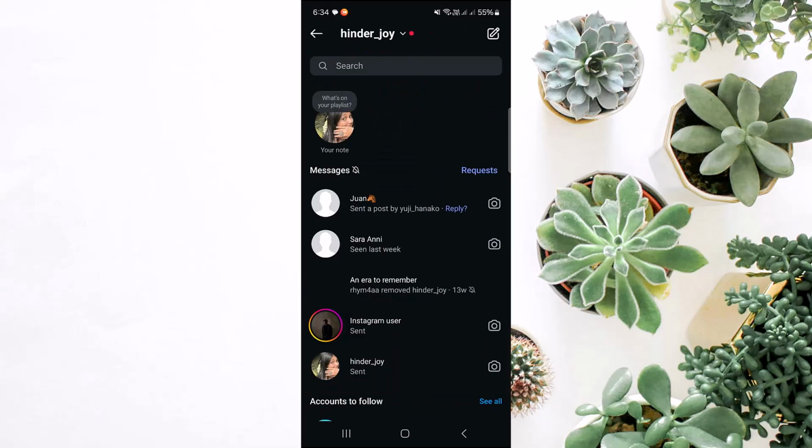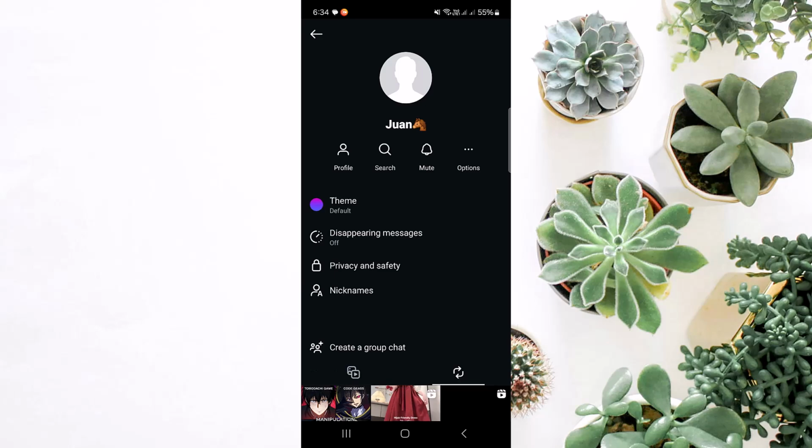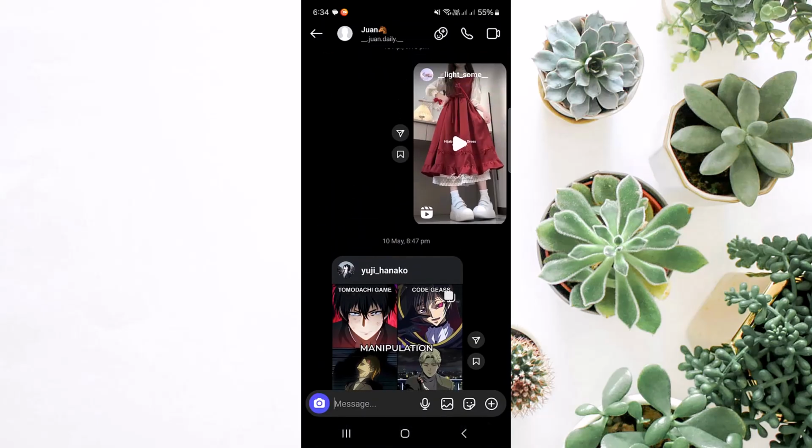Once you are there, just head over to any chat you want to clear. So I'm heading over to this one. Then tap on their name, and here you will find the options on the three dots icon. Just tap, and here if you can't find the option of clearing chat, then go back, then select any message